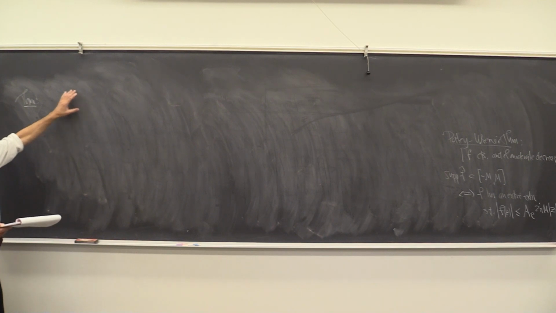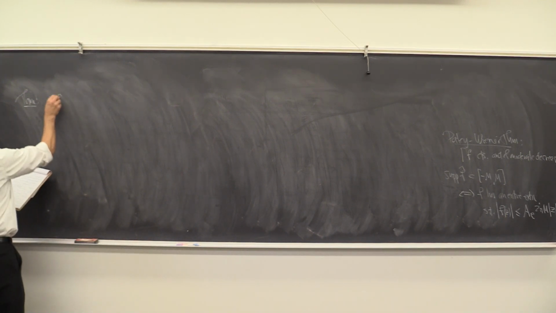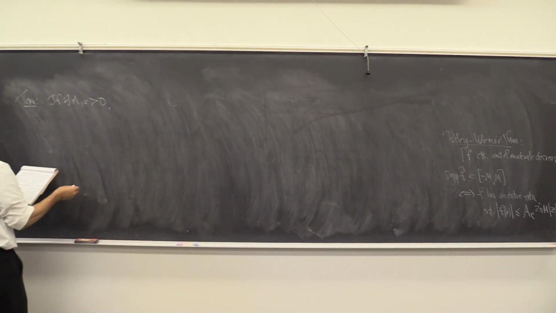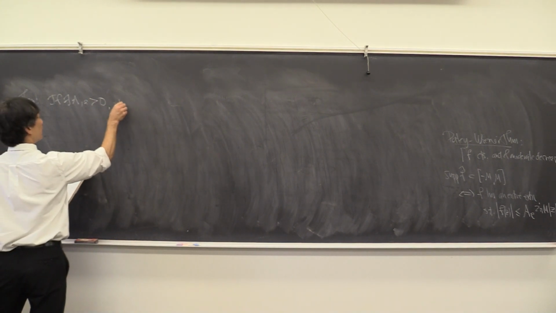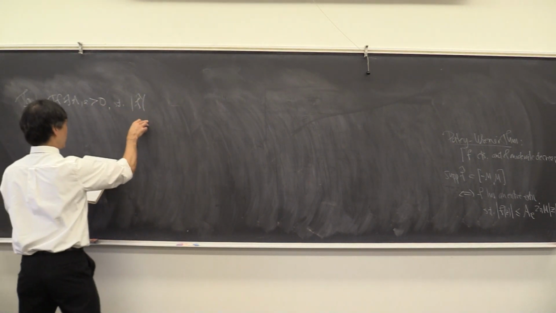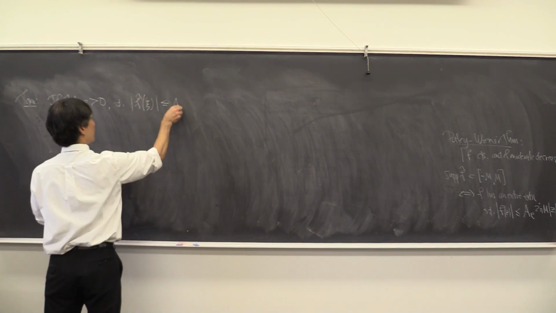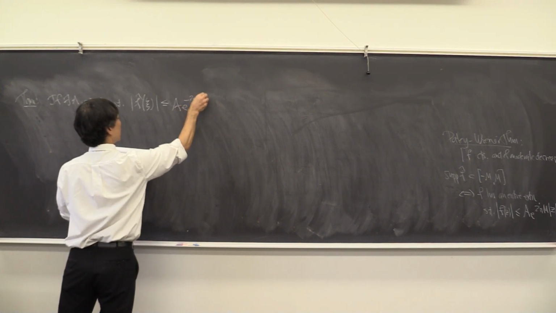What we're going to say now is kind of the opposite. So if there exist capital A and little a positive numbers such that the Fourier transform satisfies that decay, capital A e to the negative 2 pi a absolute value of xi,